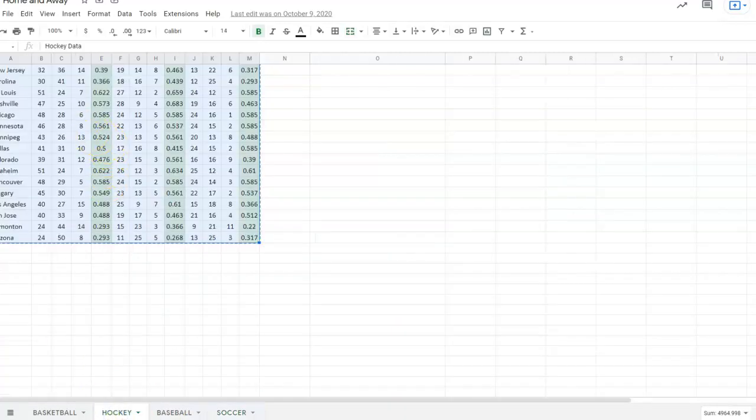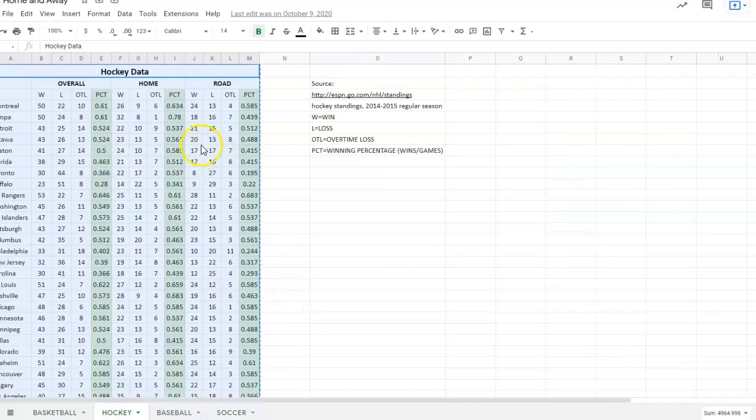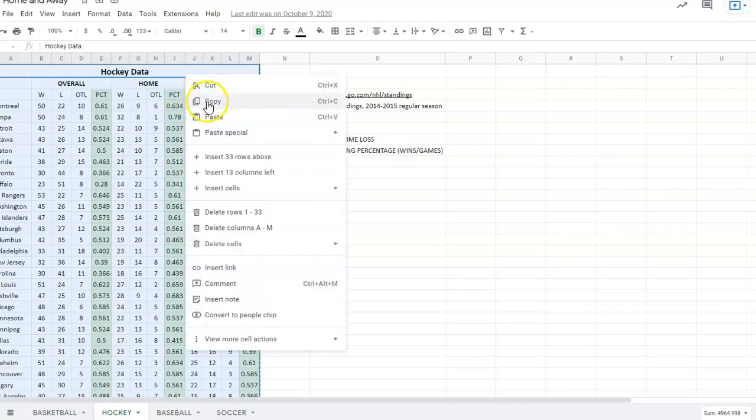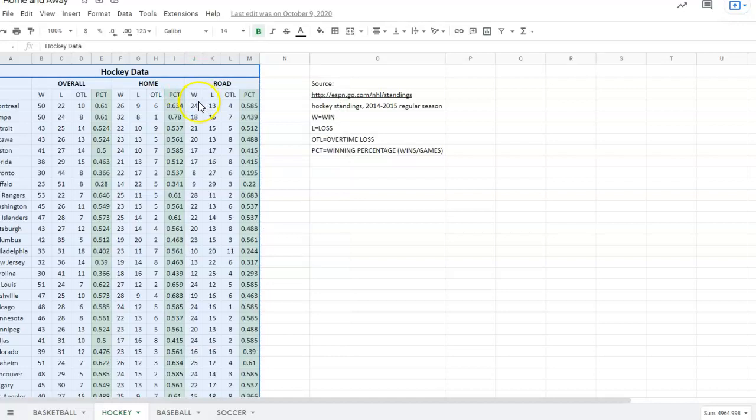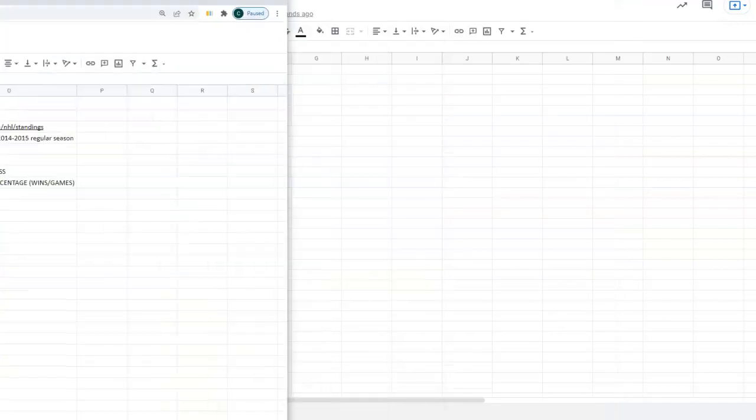I'm going to pick hockey only because I feel like hockey sometimes gets a raw deal. I'm going to copy it. I can either copy it like that or press Control-C or Command-C on a Mac. And then what I'm going to do in my